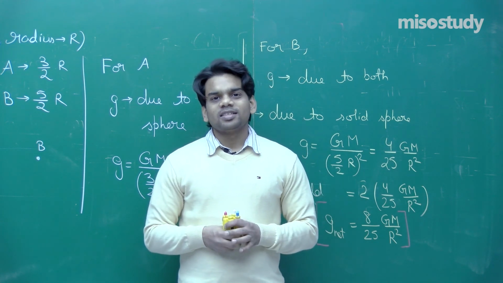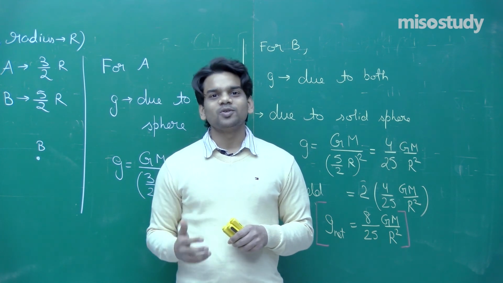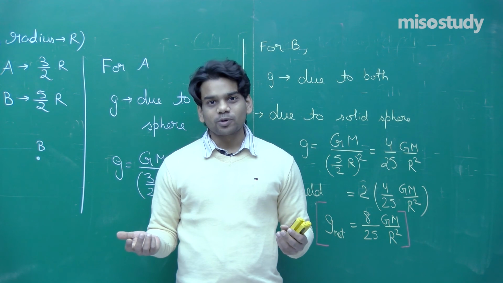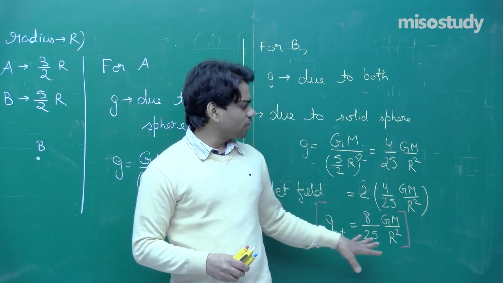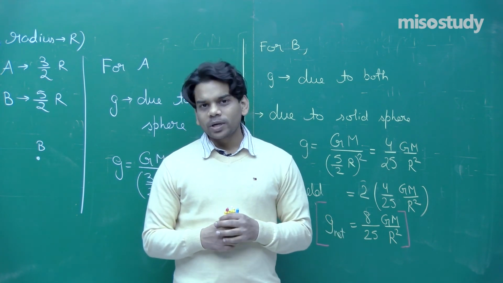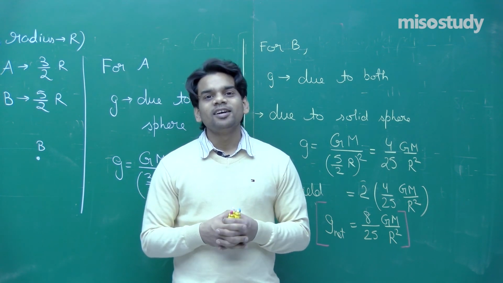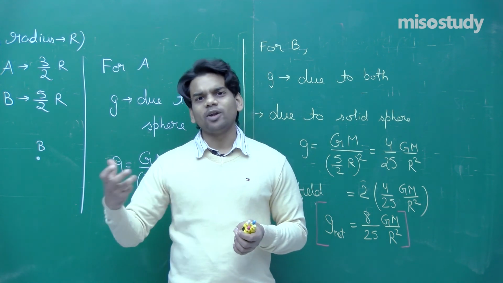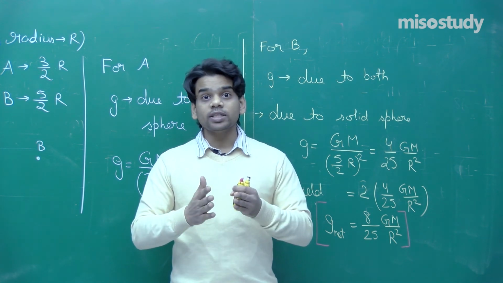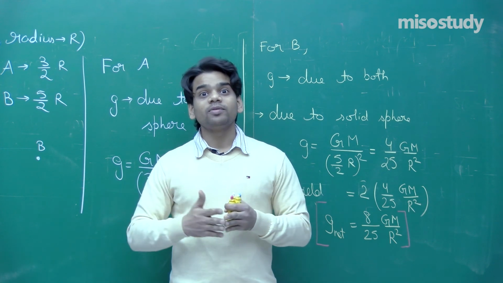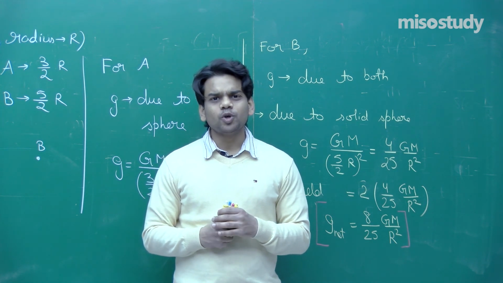In today's class we discussed some simple problems, and we learned how to use the concepts to evaluate the value of force, and we know that force is equal to mass into the value of the gravitational field, and using it we found some results. In the next class we will be seeing more numericals, then we will be relating field and potential. We will see how field and potential are related, and when we know the value of potential, how we can find the value of field at that particular point. We will also see that if field is given, what the value of potential difference between 2 points will be. This will be helpful in coming subsequent classes.